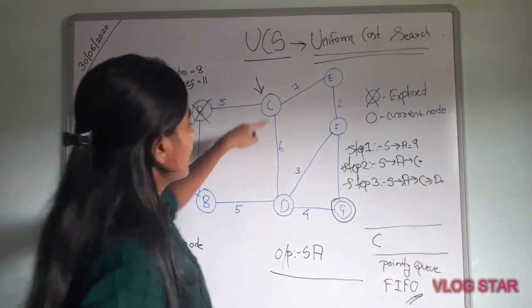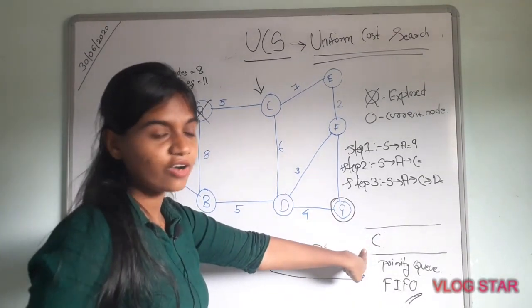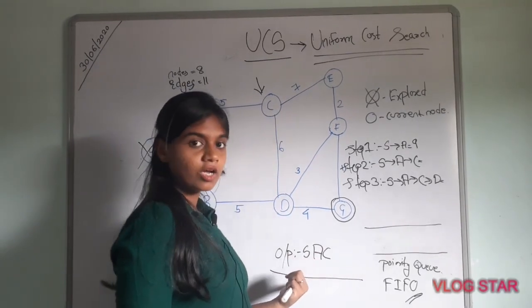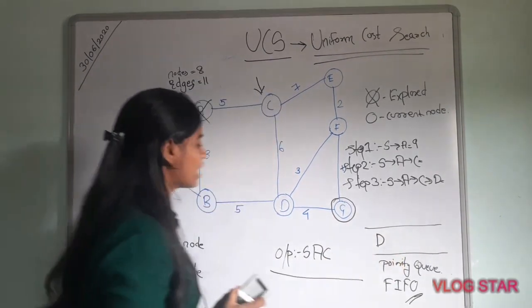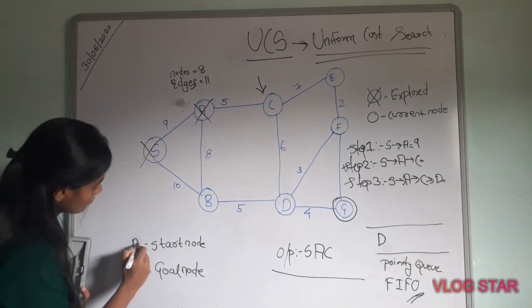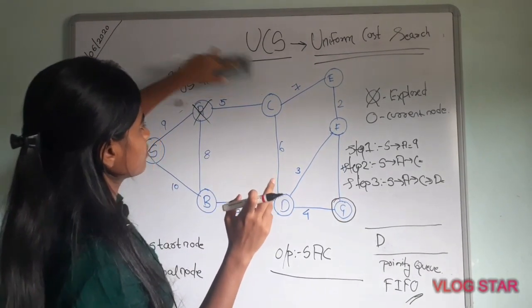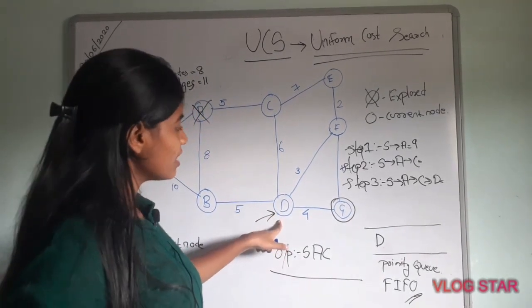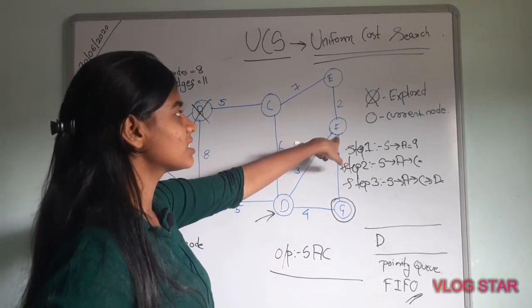Now we will put D into the queue, but before that C is there in the priority queue, so first we will dequeue C and display C, and now we will enqueue D, and our start node is D. Okay, now we have to find from D. Now D is connected to the goal node and D is connected to F.